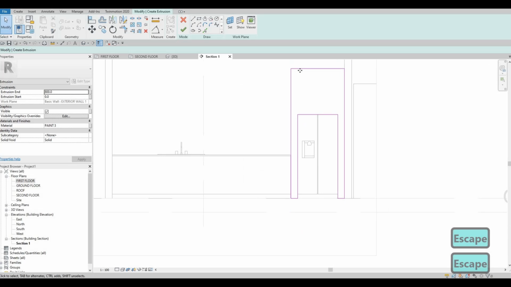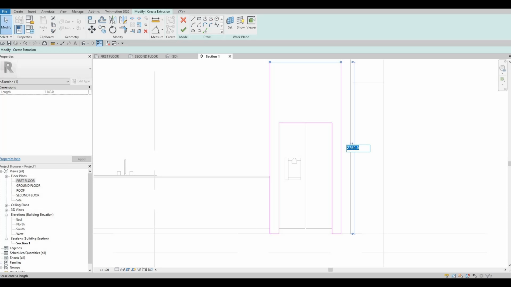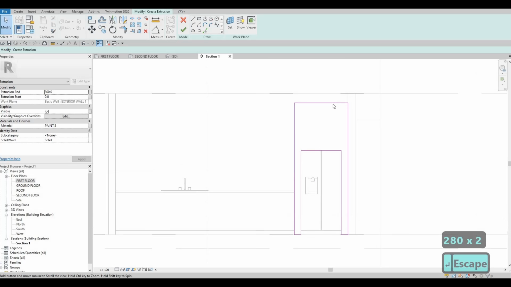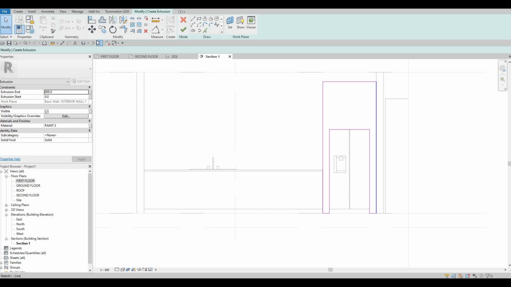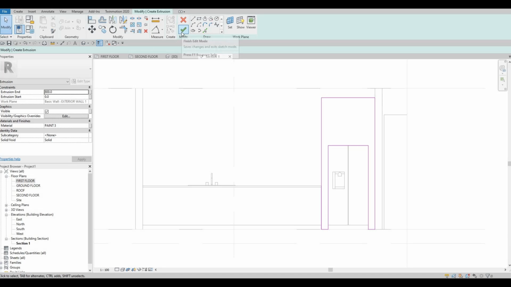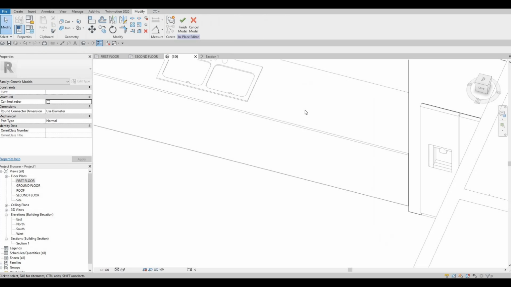And then here we need to move this one all the way. We need an exact 2,800. So 200 for the floor later on. So it's going to be sitting right here. So that's why I don't want it to force up to 3,000. So that's good. We could just click finish, and then we could check it first before we click the last